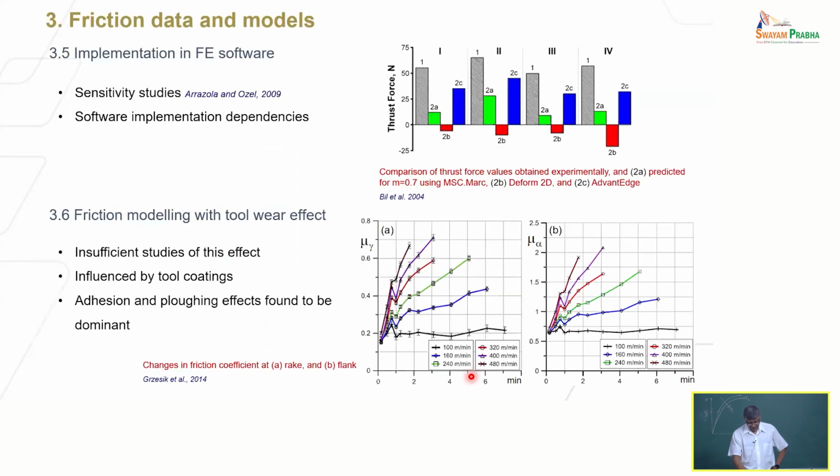All right, so people have incorporated these types of things into finite element software and shown that you can simulate, with some degree of accuracy, the forces, chip formation, chip thickness, and things of that nature, right? People have also tried to incorporate it to predict tool wear. Some of these commercial codes will allow you to simulate tool wear. But if you ask me, I think those tool wear models are very simple first order models. You can't rely on them. Tool wear is a difficult problem.